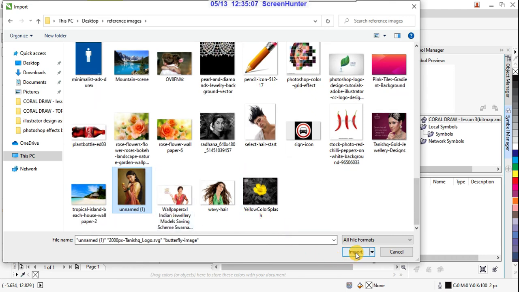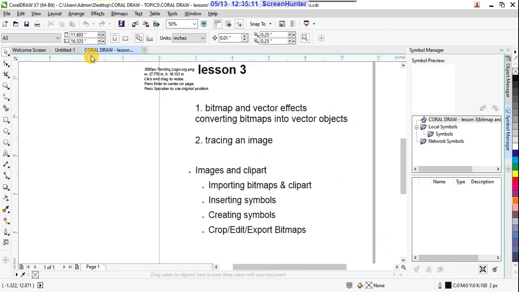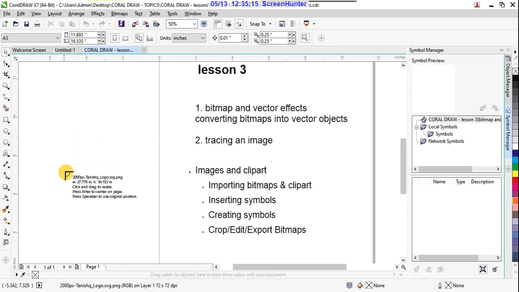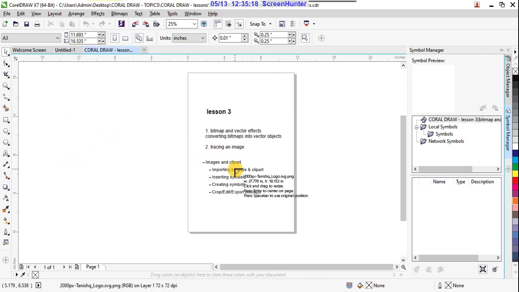So I'm importing here, right? So just click on import button, right? So yeah, there I'm importing these images. So here I'm creating the next file.